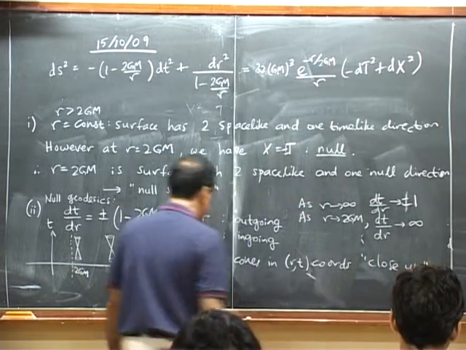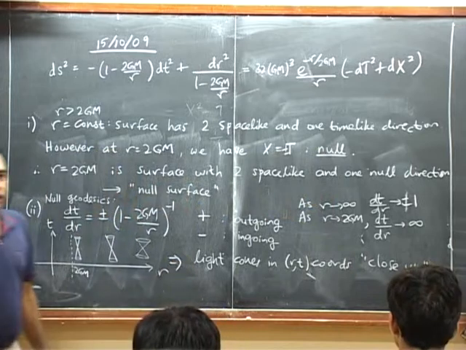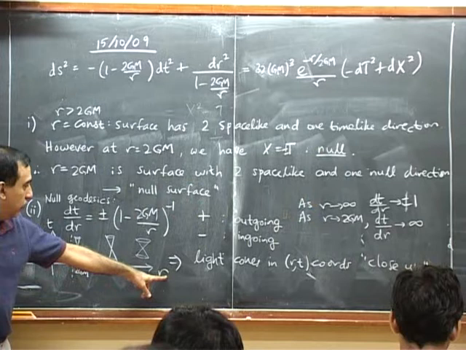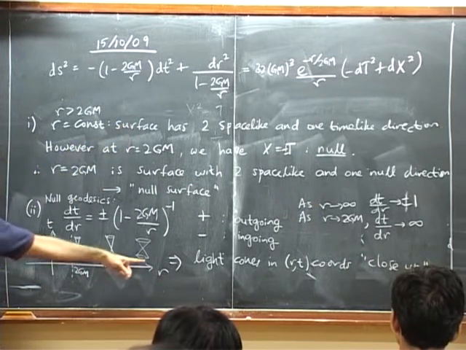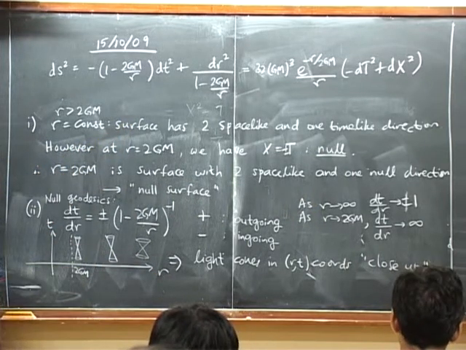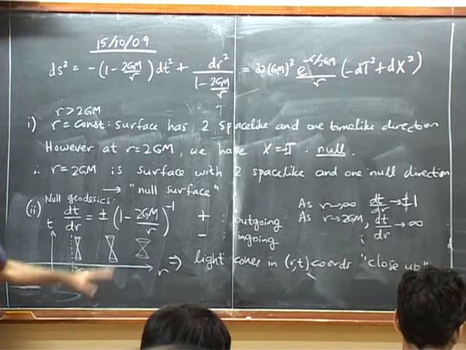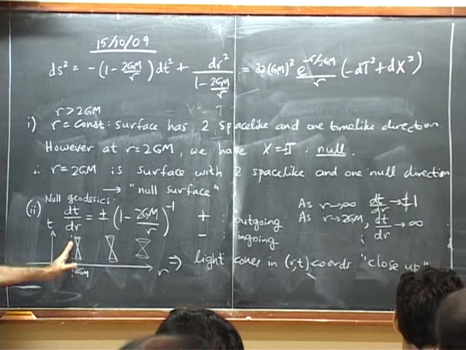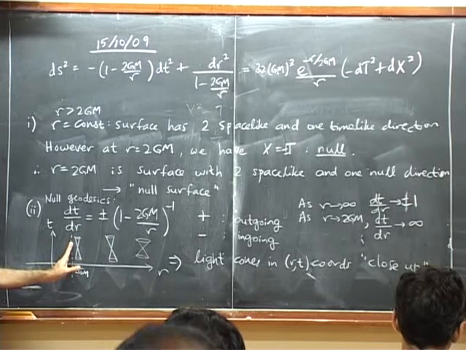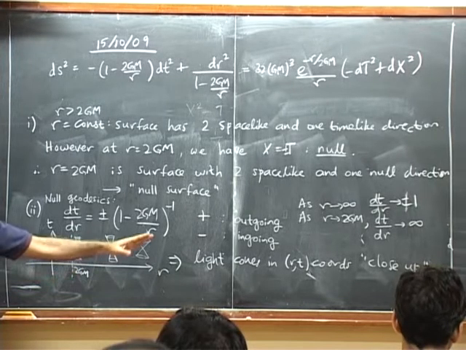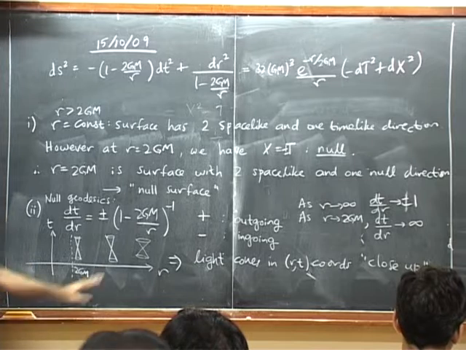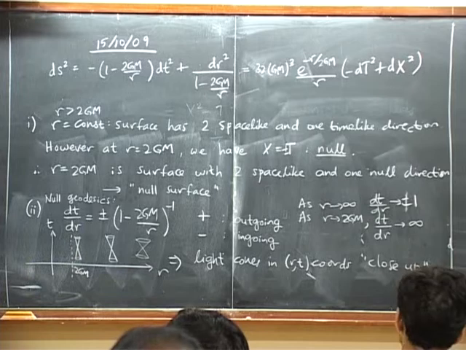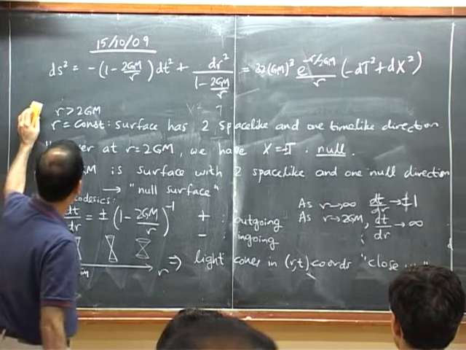Now the light cone in some coordinates is not the same as the light cone in some other coordinates. On the same diagram, if we were labeling this region with capital X and T, the Kruskal coordinates, then the light cones would do something else. So this is a statement about these coordinates, and the fact that they close up is related to the fact that these coordinates become bad. Good coordinates should have good light cones. So these light cones, when they close up, become very bad, and that's the end of these coordinates. Okay. Good.